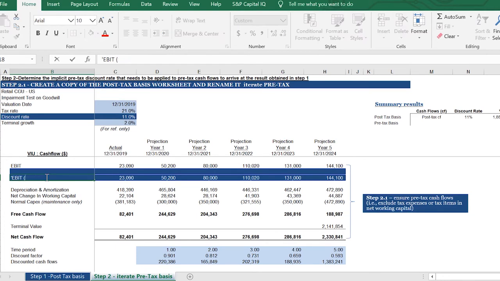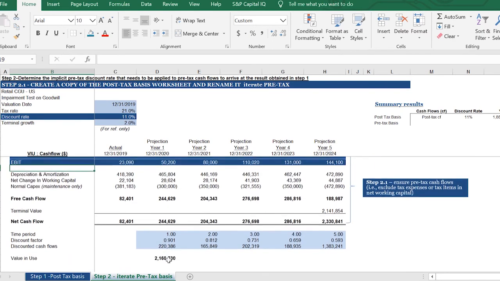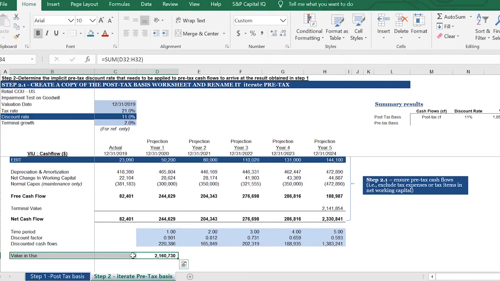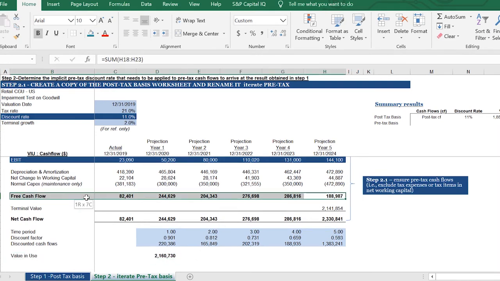This becomes earnings before interest and tax. And if I had any tax payables or any tax related items in my working capital, I would also basically remove them. In my example, which is very simple, I don't have any tax items in working capital. As you can see, my value in use, my VIU, has gone up because this is a pre-tax cash flow. It hasn't deducted the taxes, which means the cash flows are actually more,